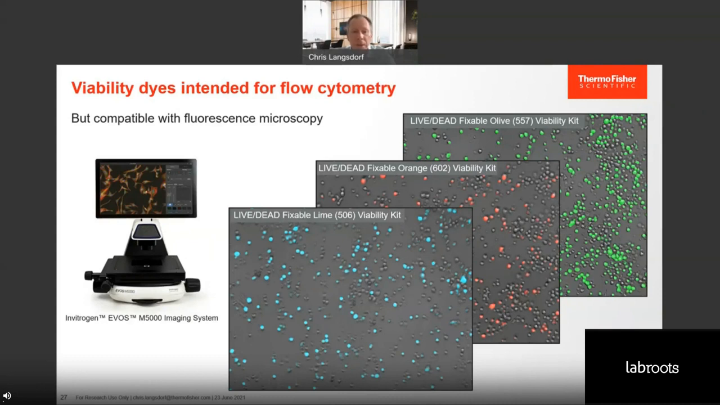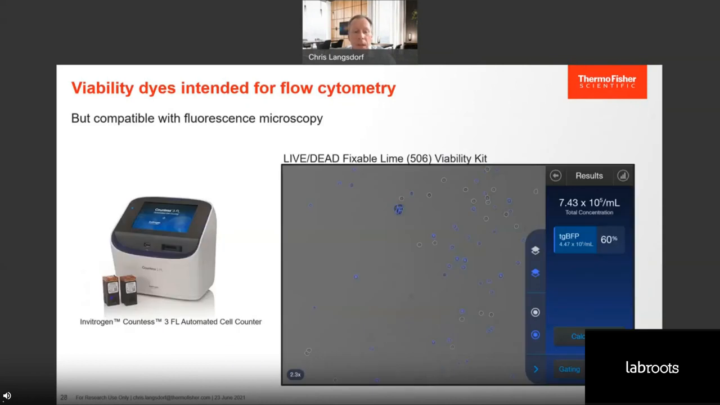I will give the caveat that these are optimized for flow cytometry, and so with microscopy, a couple of these dyes may have photostability issues, and with the very long Stokes shift of some of the live dead fixable dyes, it can be challenging to find a microscope that is compatible with the unusual spectra of these dyes. But the LED light cubes contained within the EVOS imaging system can also be adapted to the Countess